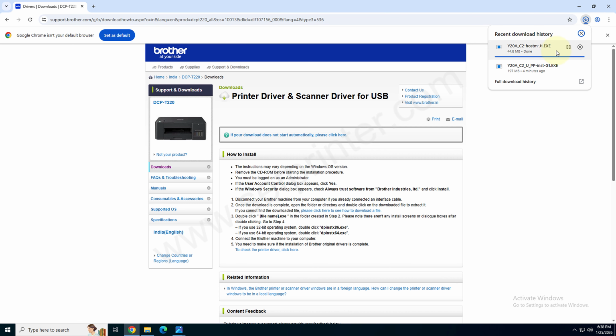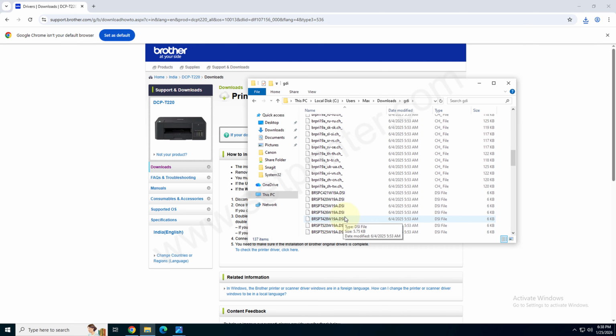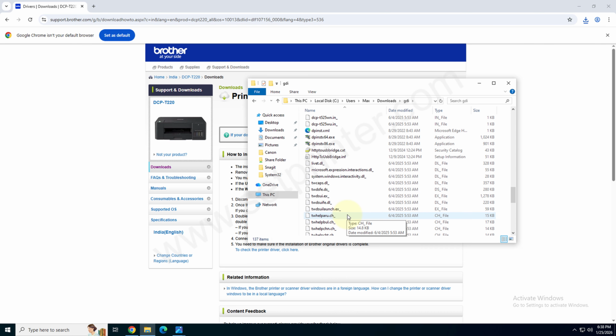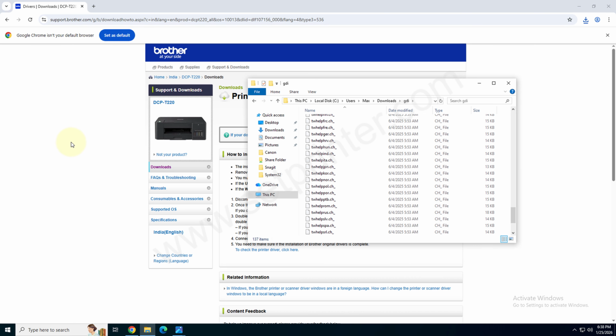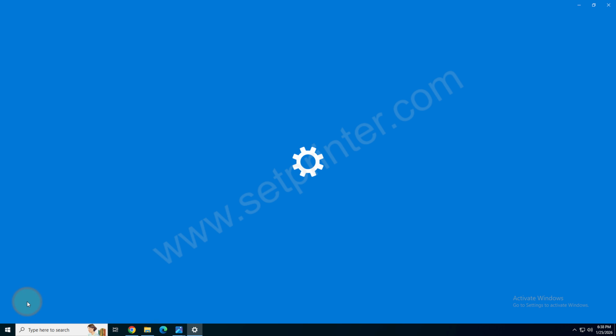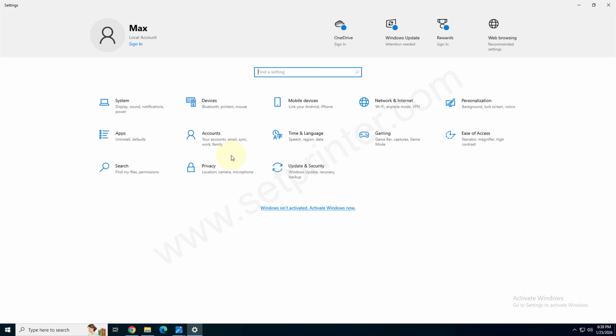It will create a folder, this one. Double click on that. You will get the basic drivers, the INF driver. Remember the location of this folder and click on close. Click on the start button. We are going to install it manually. Click on settings. Click on devices and click on printers and scanners from the left side pane,